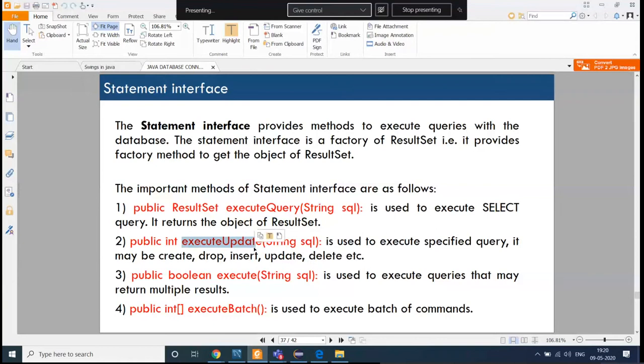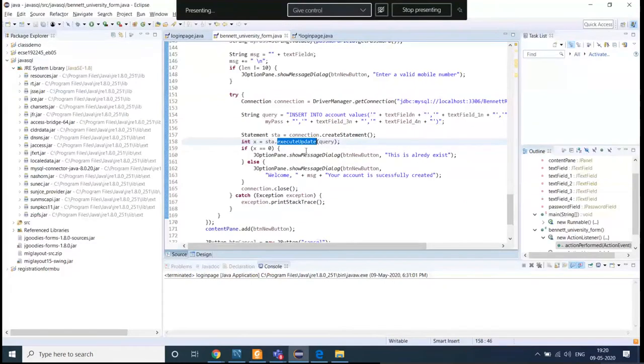your execute update. Right now we are basically inserting some data in your database. That is why the method which you are going to call over there is your execute update. Generally, if you want to access your data, like I have already told you, whenever you want to execute that query, select star from your table name, then you have to use your execute query method. But right now we want to insert some data, then you have to call the execute update method. And this method is holding this query, so whatever query you have written inside your query variable, it is going to update this thing.